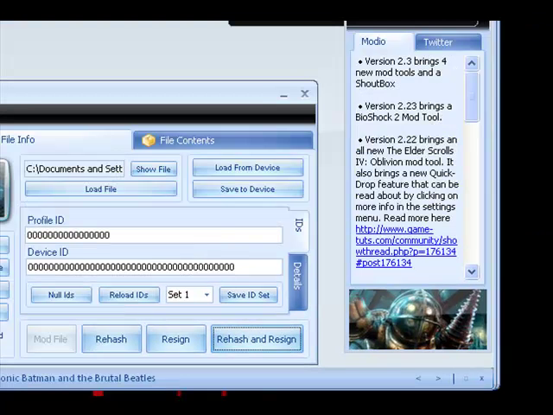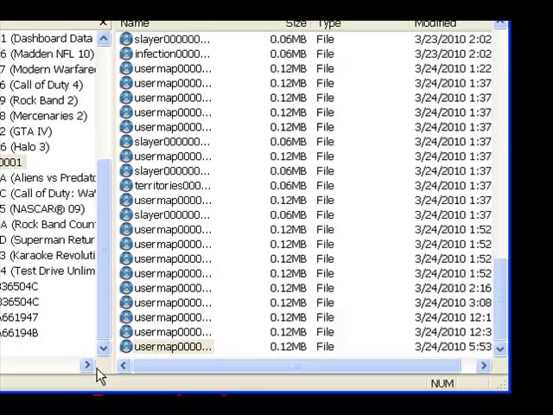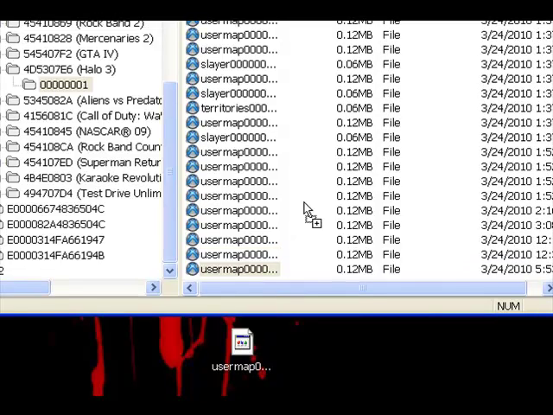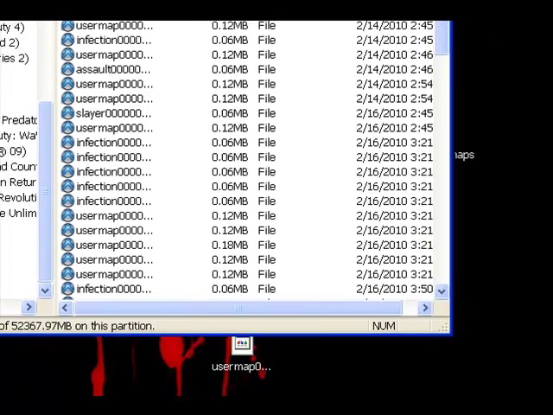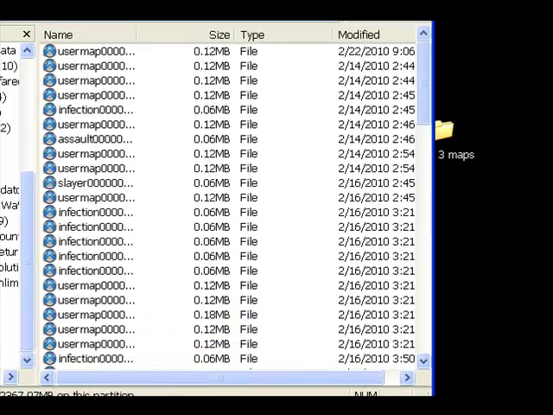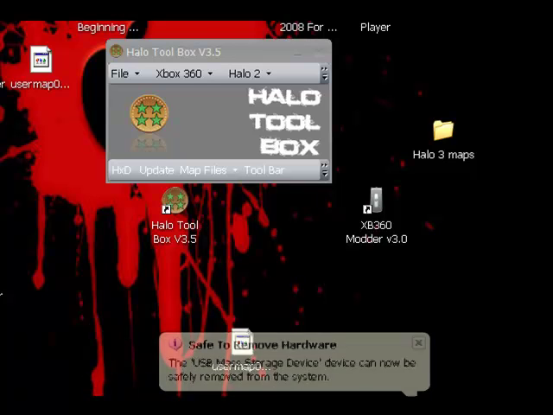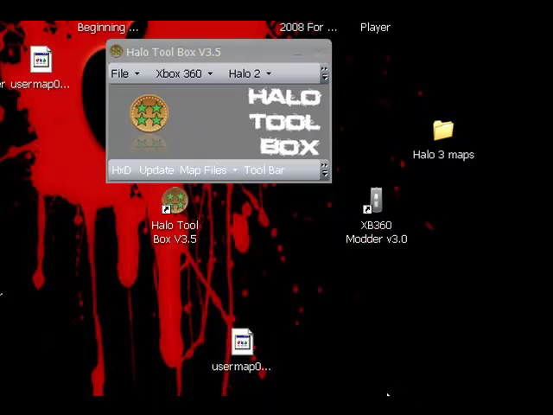Then you can exit out of Modio, open up export, take the user map, drag it back in, and hit yes to all. Done. Now let's go back to the Xbox to see what's going on now. Oh, but safely remove your mass storage device, or else it will mess it up. Trust me, I've had to buy a new hard drive because I did not reject it safely. Okay, so let's go to the